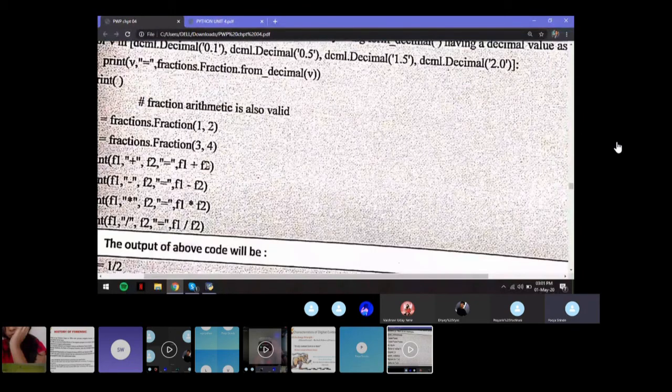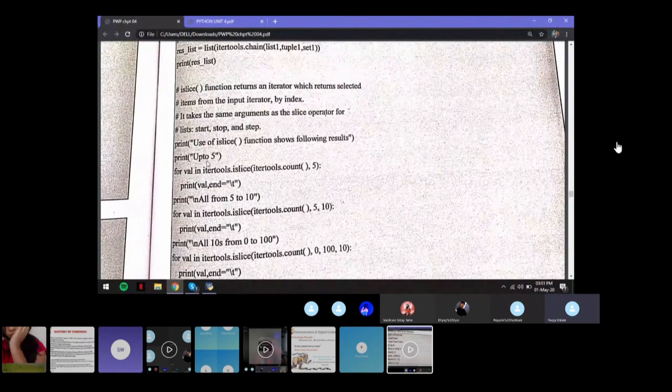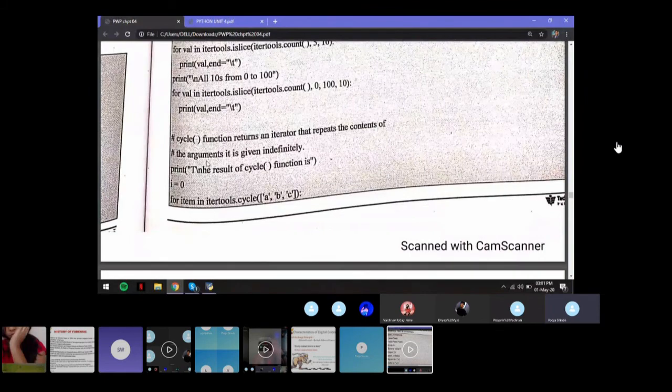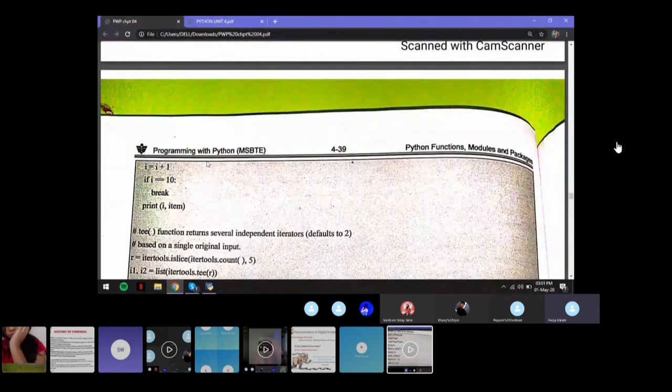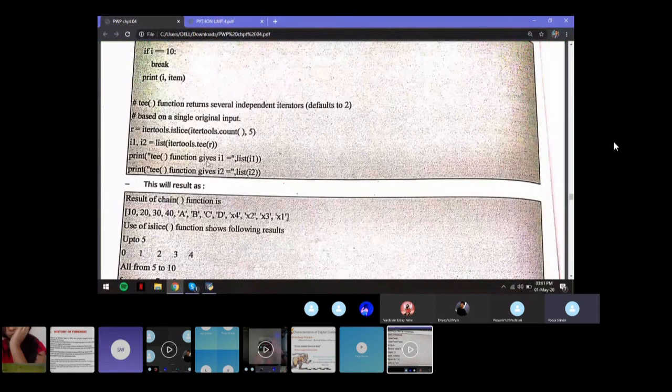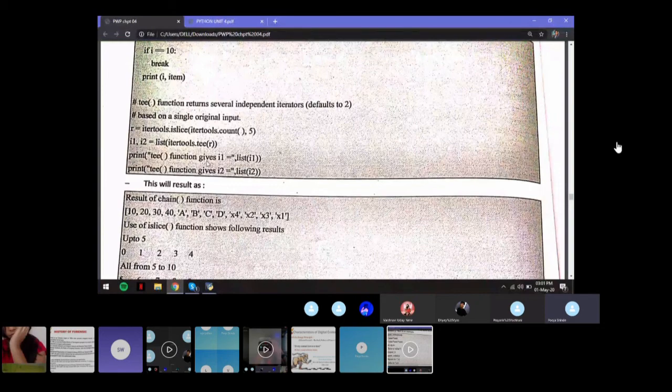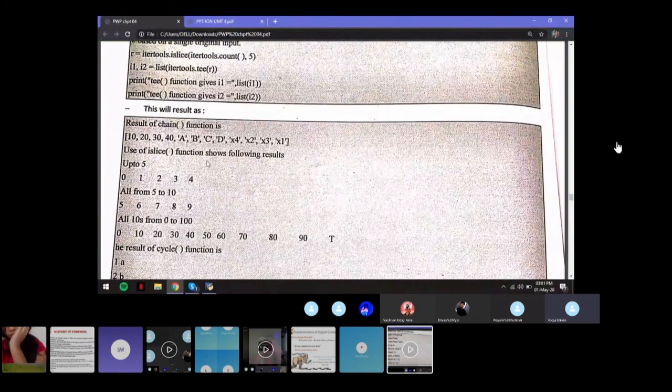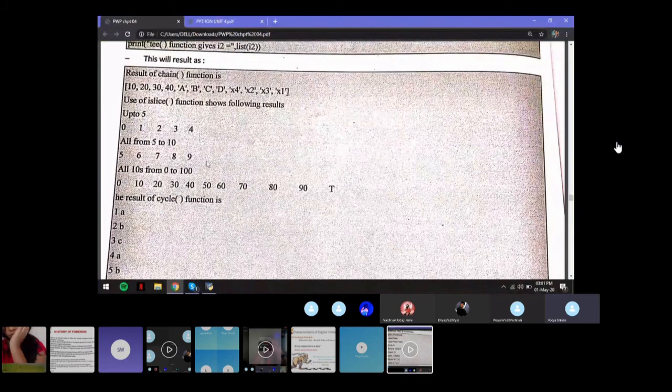So there are basically a couple of built-in modules in Python. I think we've done this also in class, so I'll just read the names of the modules and you can go through the examples on your own.